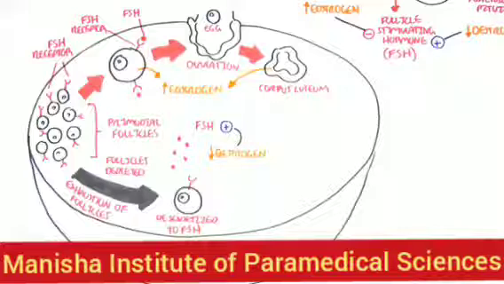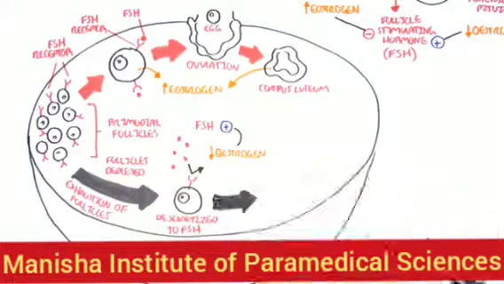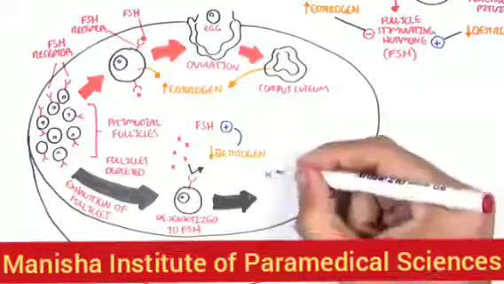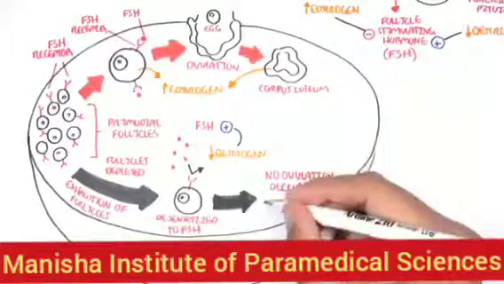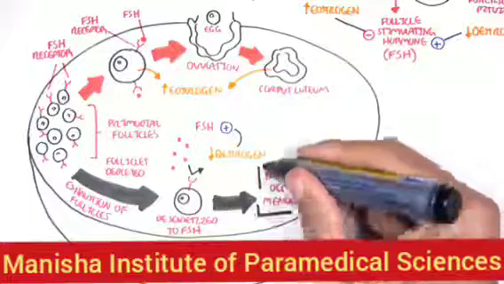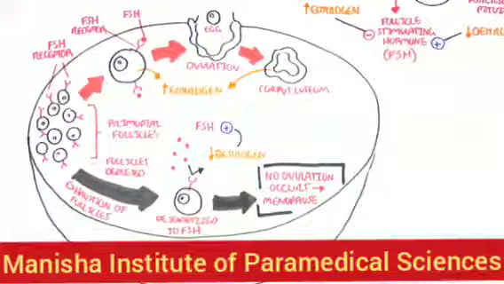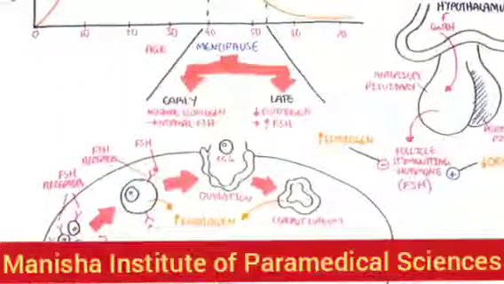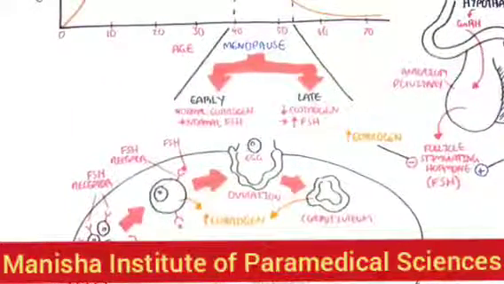And so as a result, because there's so much FSH, it just will not work on the follicle. And so you actually have no ovulation occurring. And so this is where menopause occurs, basically. And slowly the follicles just stop maturing and the estrogen concentration just drops. Okay, so I hope